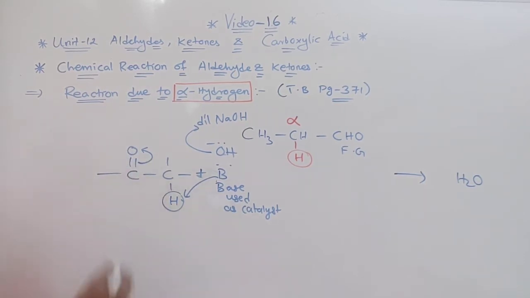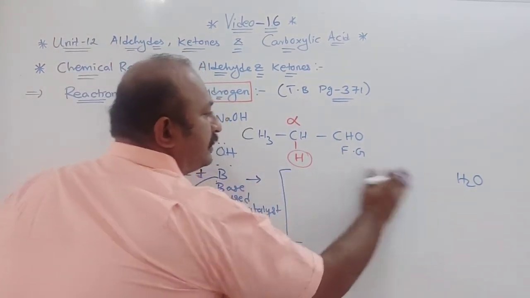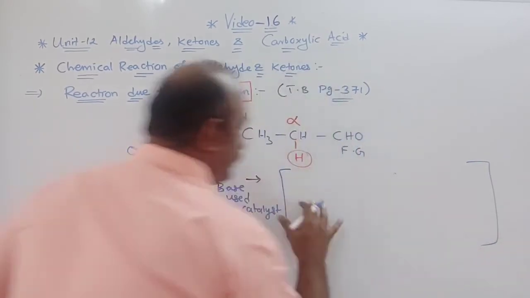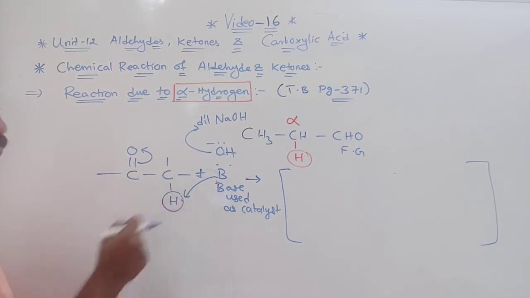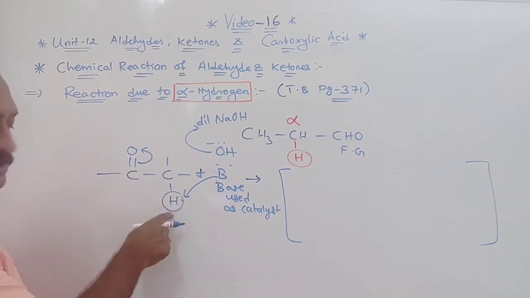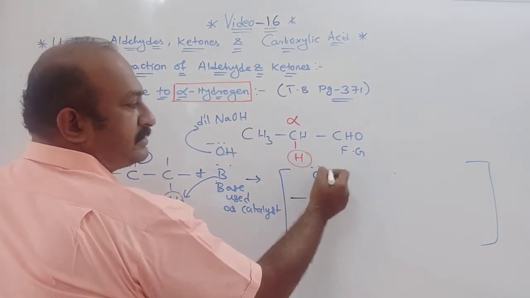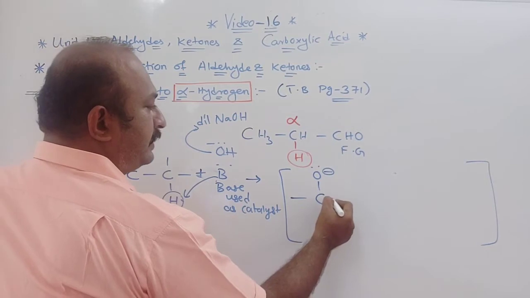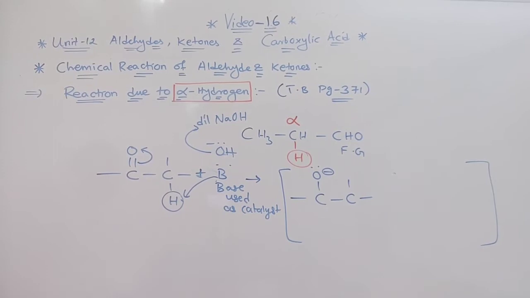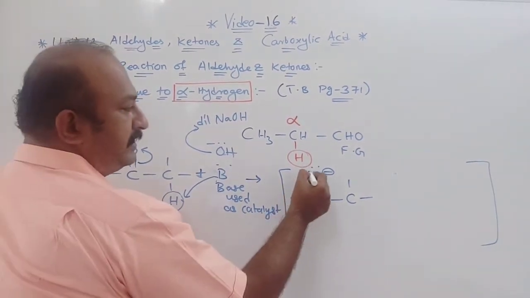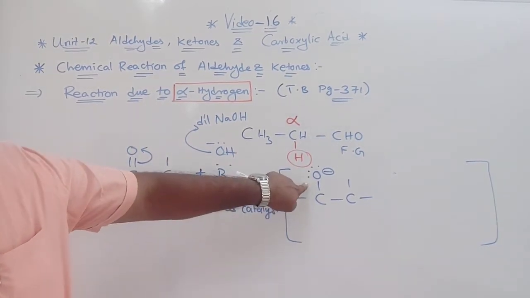In your book, it is written in a square bracket, meaning they have shown the resonance structure after removal of this hydrogen from this position. What will happen? You will see C-O minus, a negative sign will be there. Then here C, and like this it will be written. So in this case, after taking the electron pair, you will see oxygen can be written. This is the center.